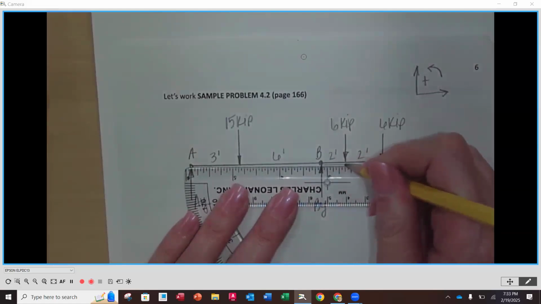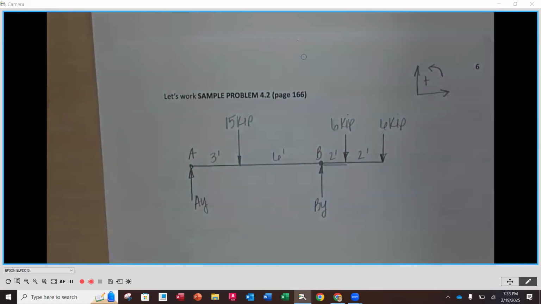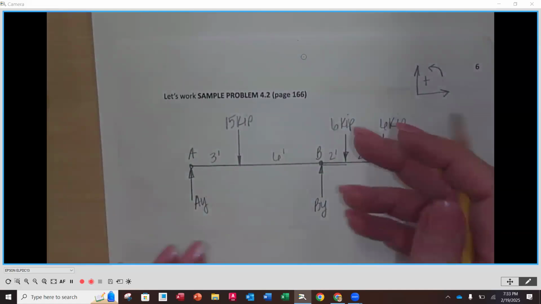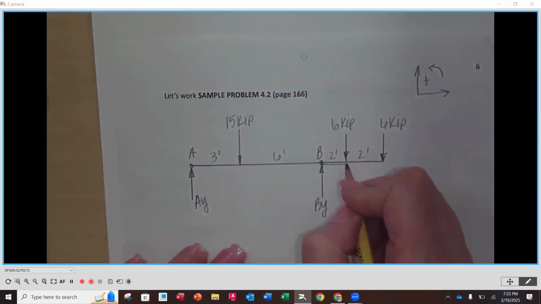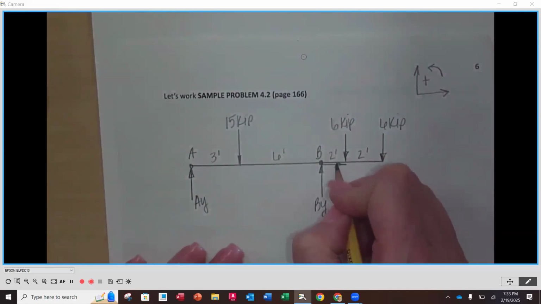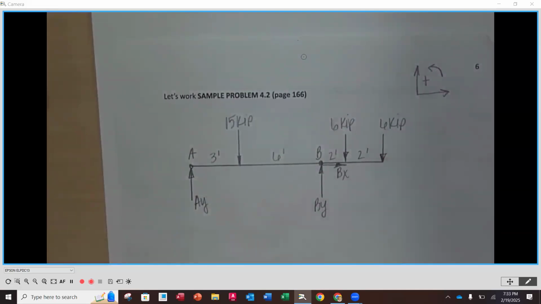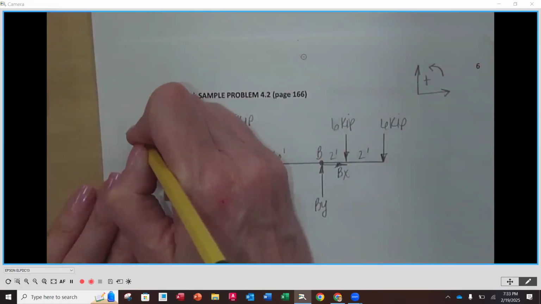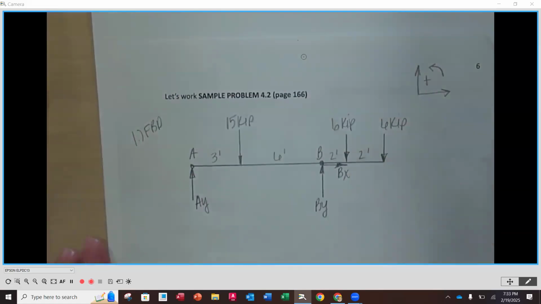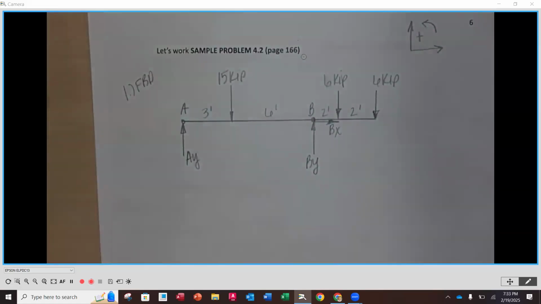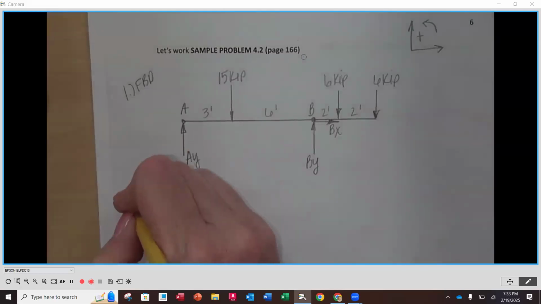So now, X and Y, I'm going BY going up because my external loads are all going down. We'll confirm that direction. And then I'm going to show my BX going to the right. Again, probably going to be okay. All right. So that's everything that I need, right? So this number 1, my free body diagram, I think I'm good, right? My distances, I have my loads, my applied loads, and now my reactions at my supports. Now I am ready for step number 2, my equations of